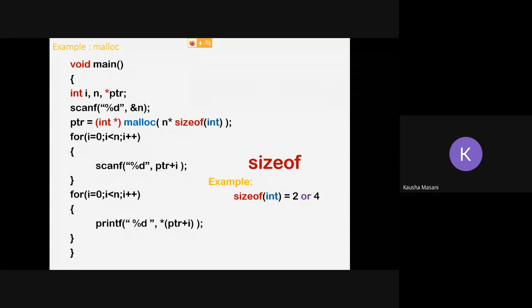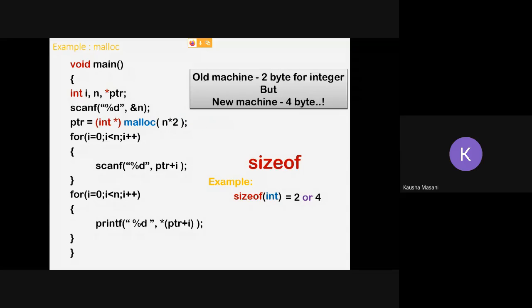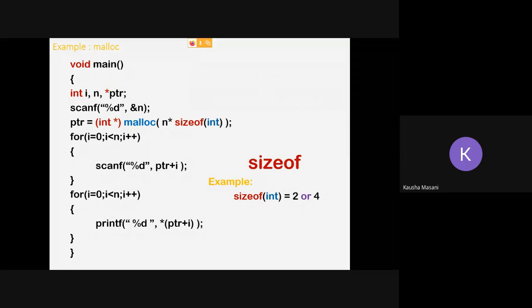So instead of n star 2, previously we had written n star 2, instead you can write n star sizeof integer. Now the program is going to run in each of the compilers. You don't have to check first which kind of compiler the program is going to run on. Let's say Vidhi made this program, and Vidhi is simply telling